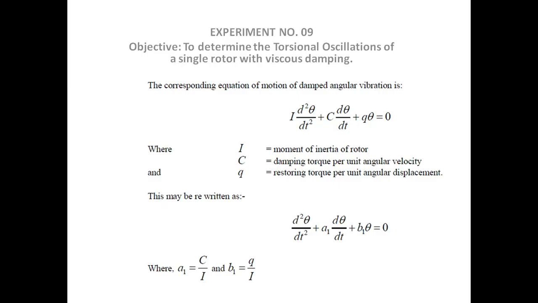The corresponding equation of motion of damped angular vibration is written here. In this experiment, we are studying the damping torque per unit angular velocity and its behavior with the change in the area. The apparatus for this experiment,